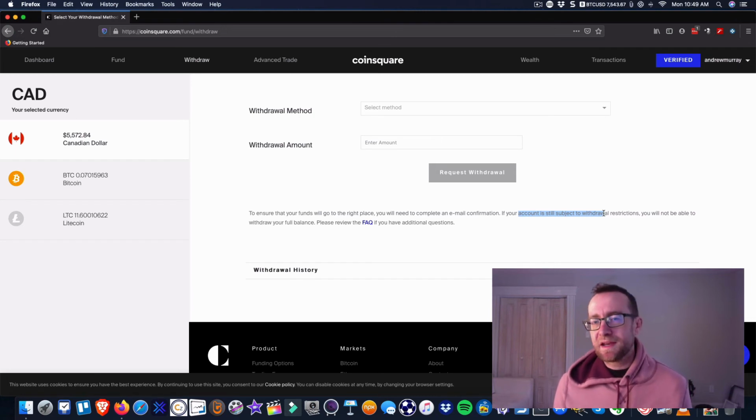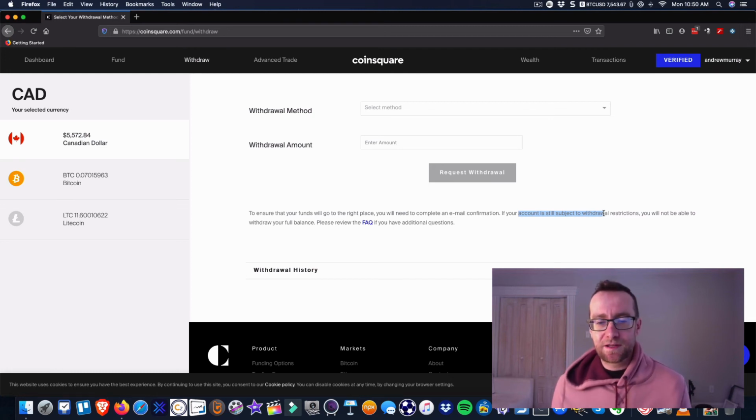This works great even if you want to do trading on, let's say, Binance, which is a great platform for trading some of the different alt currencies that CoinSquare doesn't have access to. Say there's some obscure cryptocurrency you want to get.